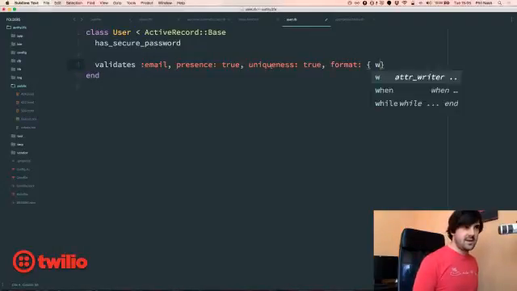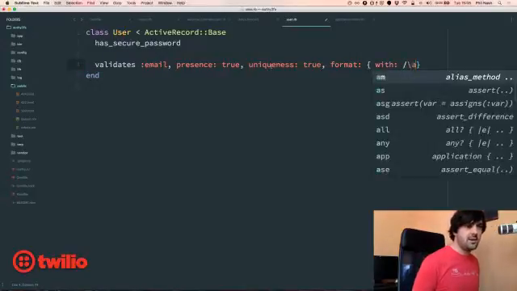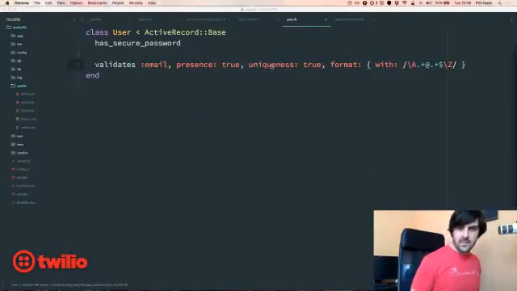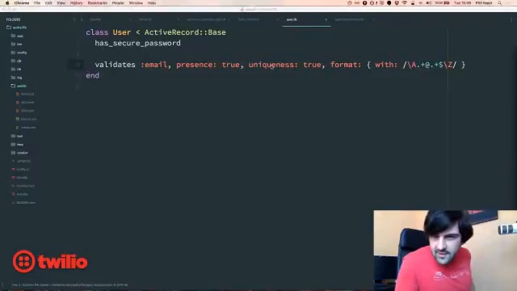Now this takes a regular expression, which I'm not going to go into too much right now, but this is just going to be a number of characters, an at, and then a number of other characters, and then the end of a string. It's a very simple email regex, that one. It's just something to try and keep things